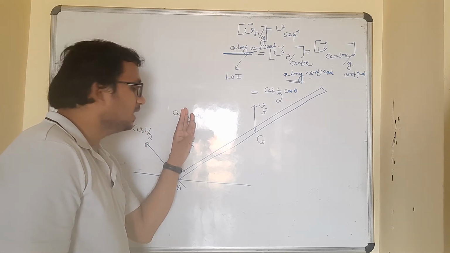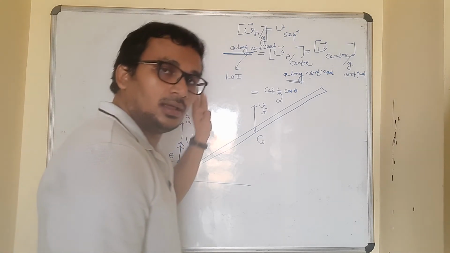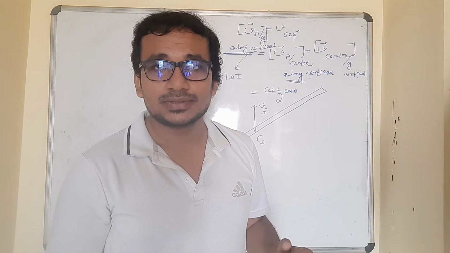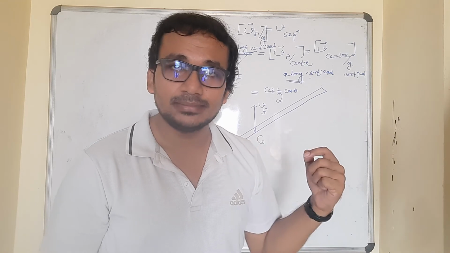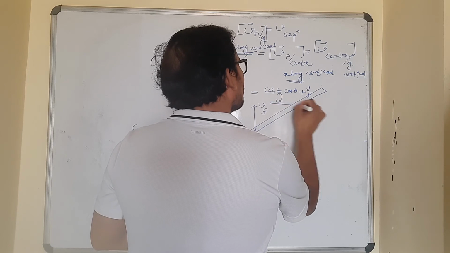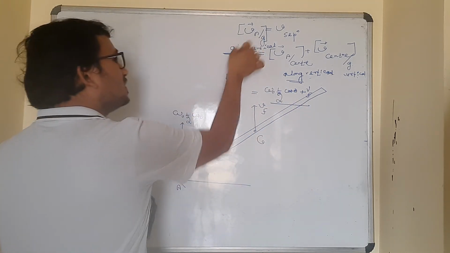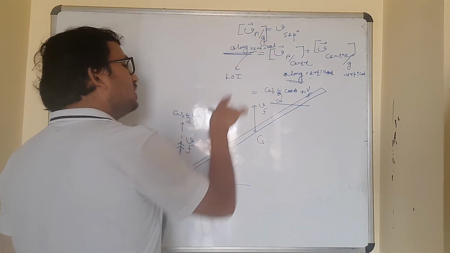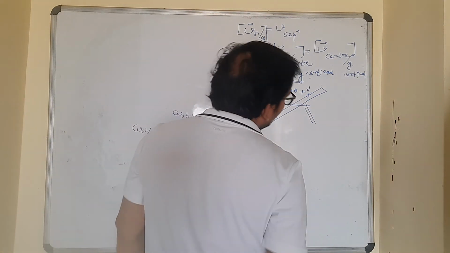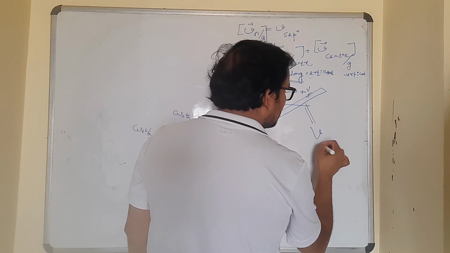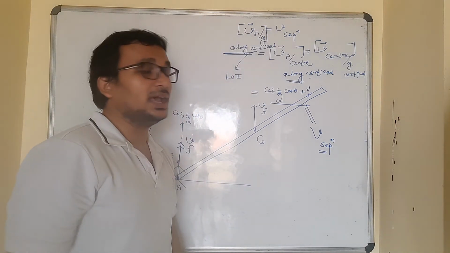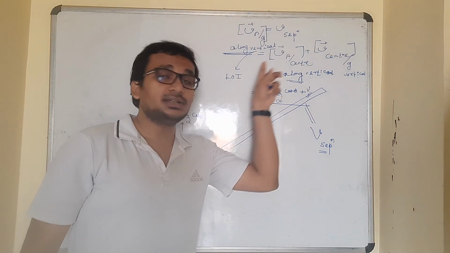Omega L by 2 cos theta. Now VF is entirely along the vertical, and you are being asked the component also along the vertical. So the complete magnitude will come. That is VF, so omega L by 2 cos theta plus VF. This is going to be the velocity of wave with respect to ground along the vertically upward direction. And this, my friend, is going to be the velocity of separation, isn't it? Because this is the velocity of the point along the line of impact, or the vertical direction.